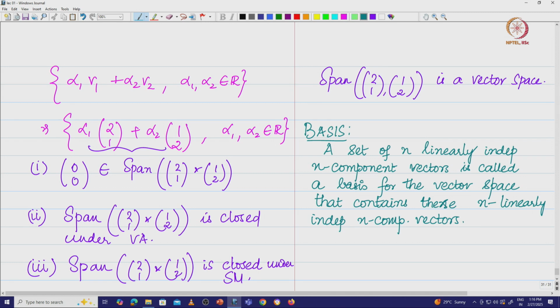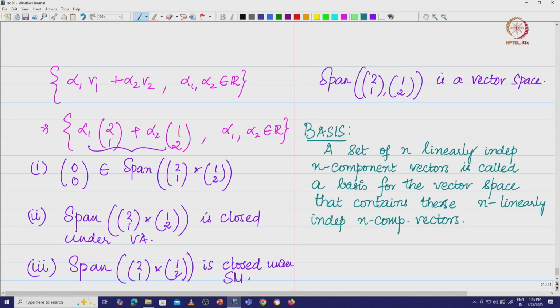Okay, so this is the most important aspect of it. That means, how many vectors are there, for example, in this span of (2,1) and (1,2)? We have infinitely many vectors, and how are these infinitely many vectors generated? They are generated as linear combinations of (2,1) and (1,2). And what we will see is, if you want to find out the effect of a transformation on the entire R2, find out what the transformation is doing to the vector (2,1) and to the vector (1,2).